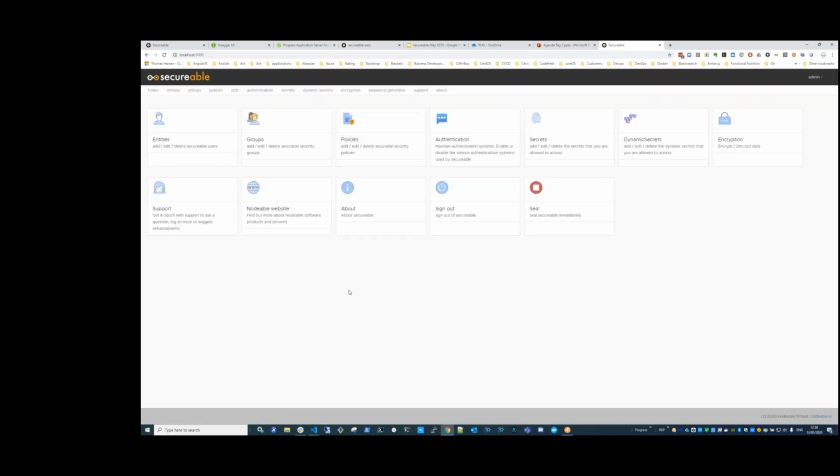I can enter my password, and when I log in, I now have access to the management UI for Securable. I can start configuring and setting that up. We're going to have a look at that on another system I've prepared in a few seconds. This is really how quickly and easily we can spin things up, because we've built it into Docker images and provide the Securable stack as a set of containers by default.